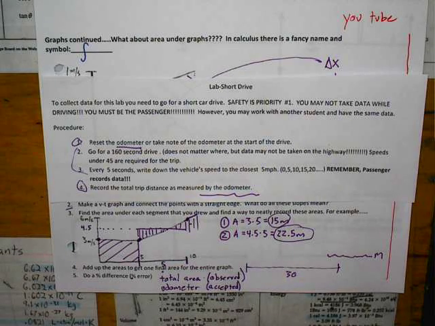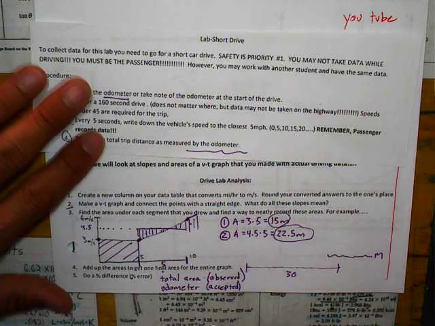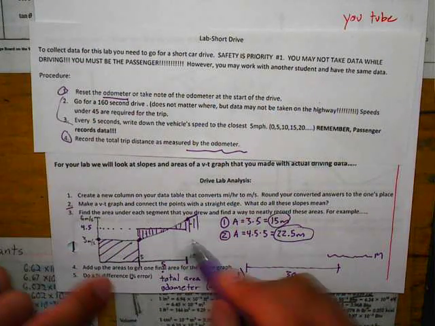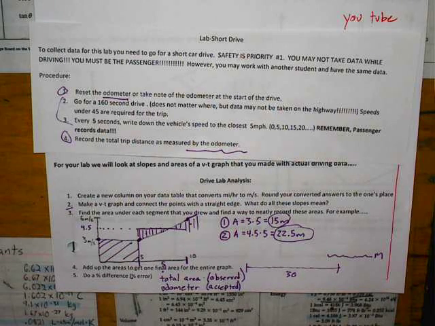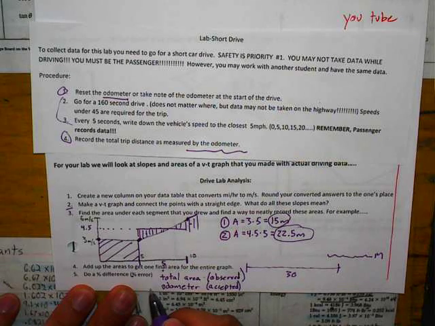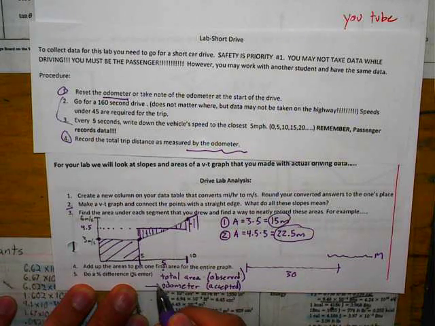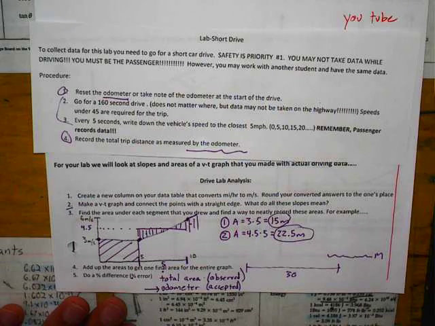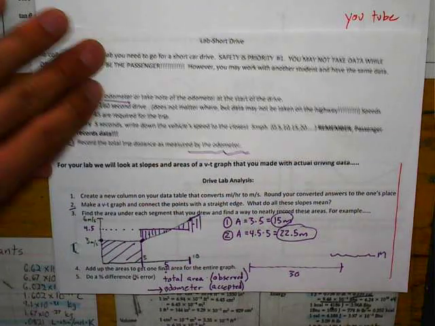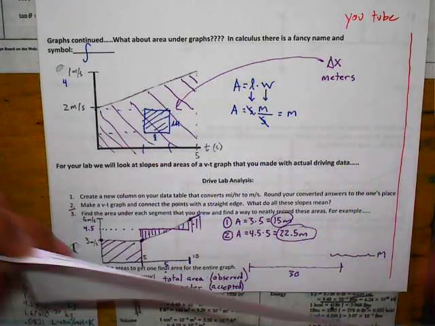So you're going to do a percent error between those two, and we will see how close our odometer was to calculating the area under the graph. And they should be pretty close. Hopefully that'll help you out to finish your lab. And the one other thing I can say here is that when you do your percent difference, your odometer is in miles. So if I want to convert that to meters,